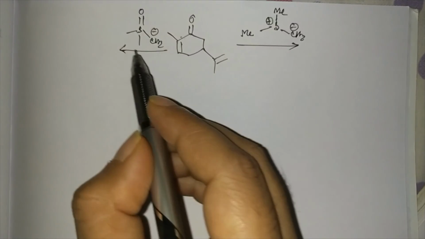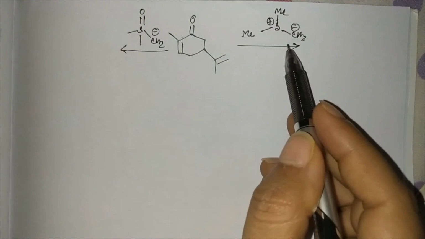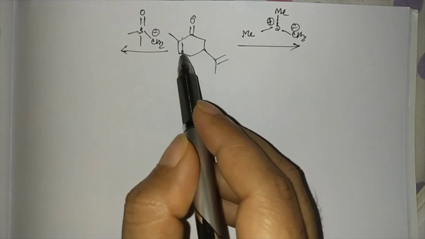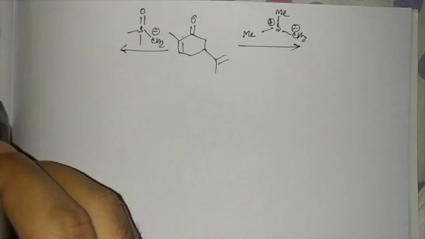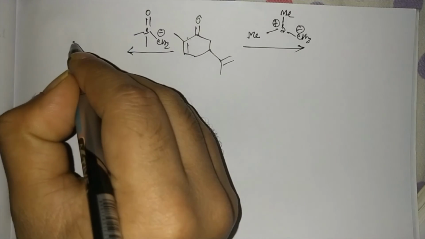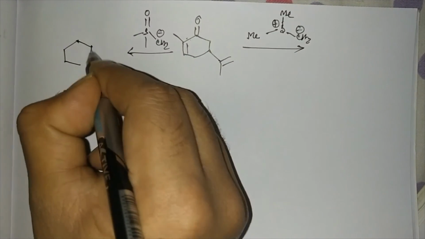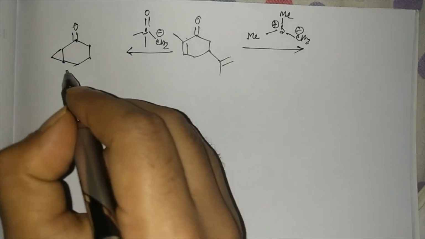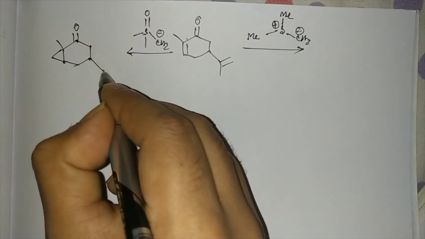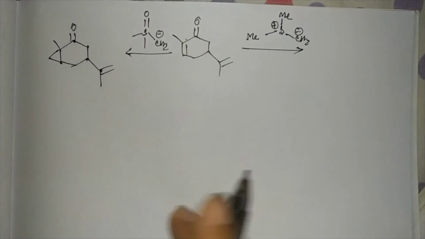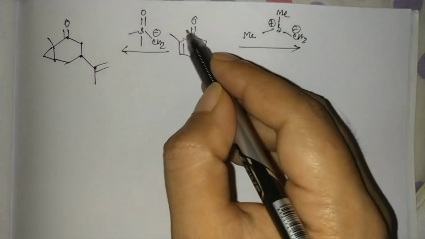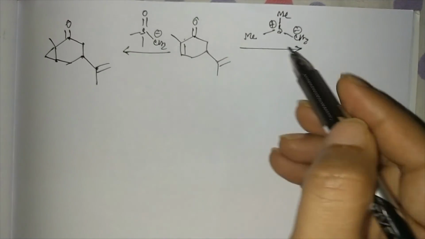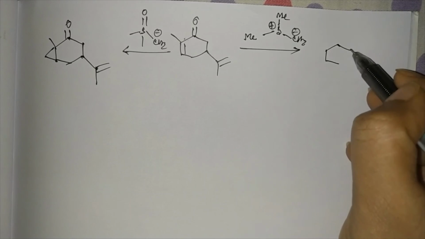Now as you can see, this is a stabilized ylide, whereas this is a non-stabilized ylide. So with the stabilized ylide only one pathway will take place, that is the thermodynamically controlled product will be formed. So a cyclopropyl ring will be formed here. On the other hand, in this case an epoxide will be formed. Here the attack will be on the carbonyl compound. So the product will be